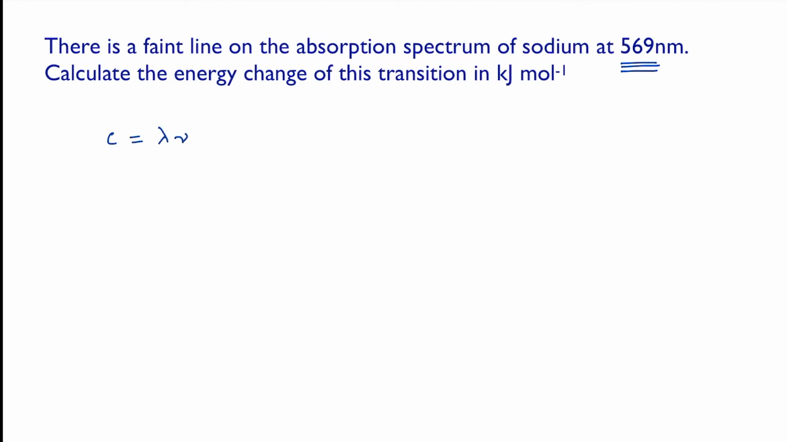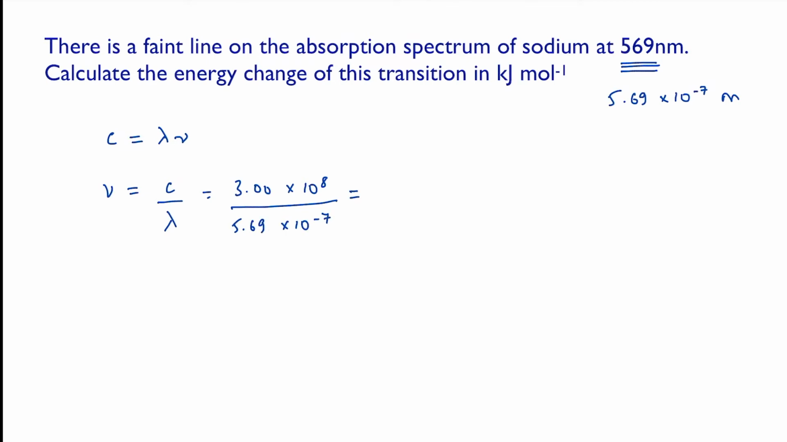Speed of light equals the frequency times the wavelength. So I'm going to rearrange that. Frequency is going to be speed of light divided by wavelength. So that was 3.00 times 10 to the 8 meters per second. I'm going to convert my wavelength into meters. So that would be 5.69 times 10 to the minus 7 meters, because I require my units to be all the same. And that comes out at a frequency of 5.27 times 10 to the 14 hertz